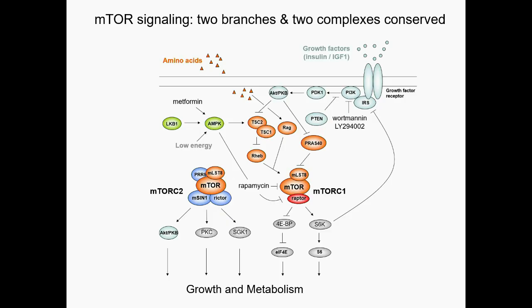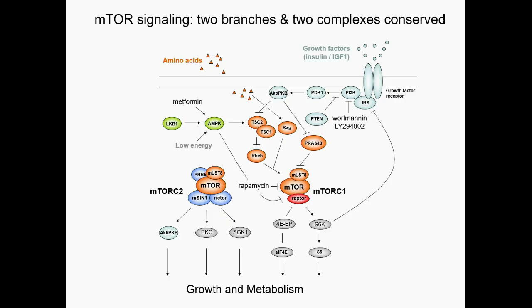Orthologs of the proteins we identified in yeast bind to mammalian TOR in mammalian cells, and we now call these complexes mTORC1, mTORC2 for mammalian TORC1 and TORC2. These two complexes phosphorylate or act on the same downstream proteins that the yeast equivalents interact with in yeast cells to control the same processes. So the picture that emerged at this stage is that this is a primordial or ancestral signaling network which is conserved all the way from yeast to human to control this very fundamental process of cell growth.